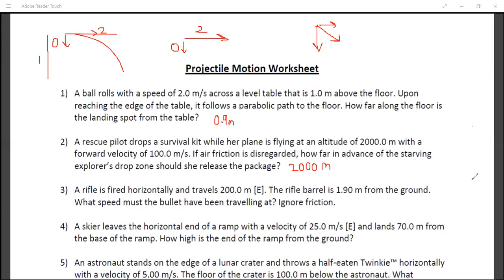You understood the question? Yes, sir. So I'm just considering that air friction is there, and that air friction is going to provide the horizontal retardation of 1 meter per second square, nothing but minus 1. So what should be the answer?